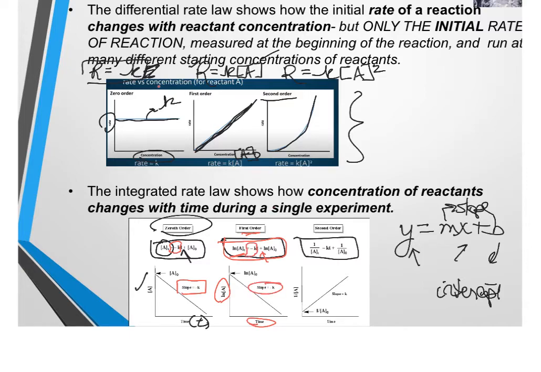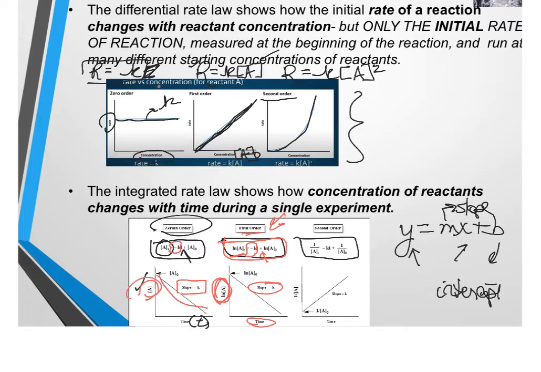Now, if you had a reaction that was first order and you plotted it, instead of plotting the natural log of A, if you just plotted concentration of A, you wouldn't get a straight line, okay? You'd get a curved line. So what gives you a straight line with using the integrated rate law is only if you plot the correct